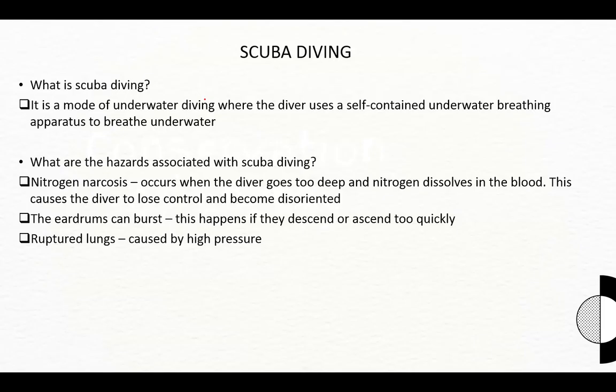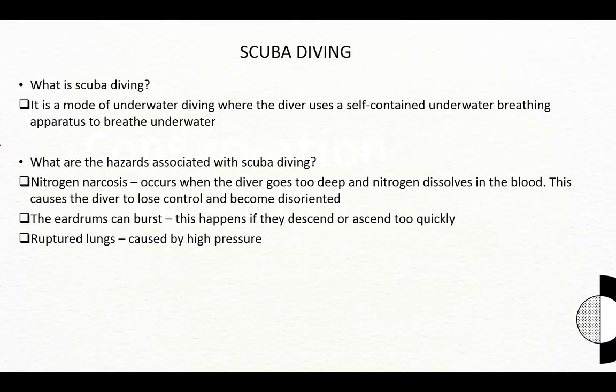So, what is scuba diving? It's a mode of underwater diving where the diver uses a self contained underwater breathing apparatus to breathe underwater, right? So the tank has the oxygen that they need. Now, what are some hazards that are associated with scuba diving? If you are interested in that sort of activity, scuba diving is really interesting, but there are a lot of precautions that come with it because this could be something that could cause permanent damage or, worst case,